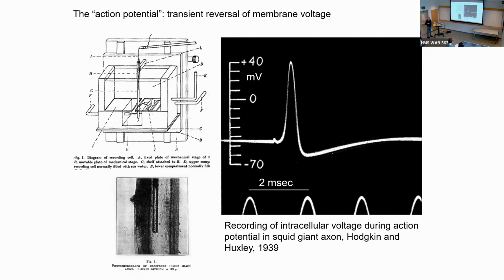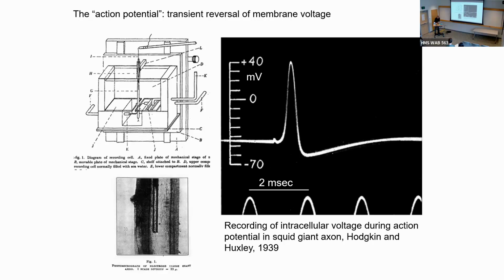Most people at the time thought that what would happen is that when the action potential was generated, the permeability to potassium would dissipate and the thing would become sort of generally permeable to everything, and the voltage would go to zero. Instead, they found that it actually went above zero. And like with a lot of things, there was all sorts of controversy about this. A lot of people didn't believe it. They thought it was an artifact of the electrodes that they used to do the recording and so forth. But it was true.